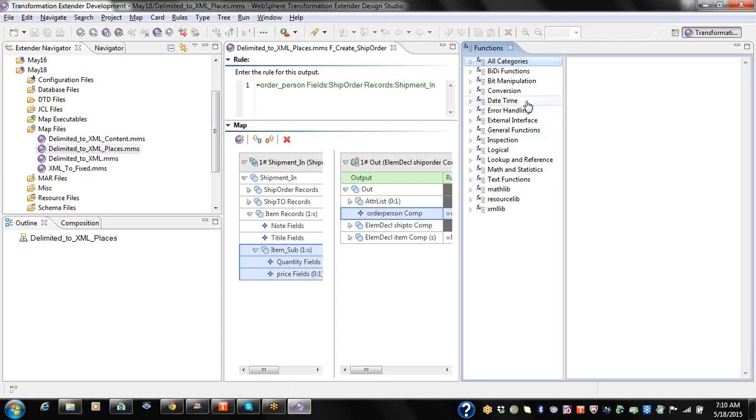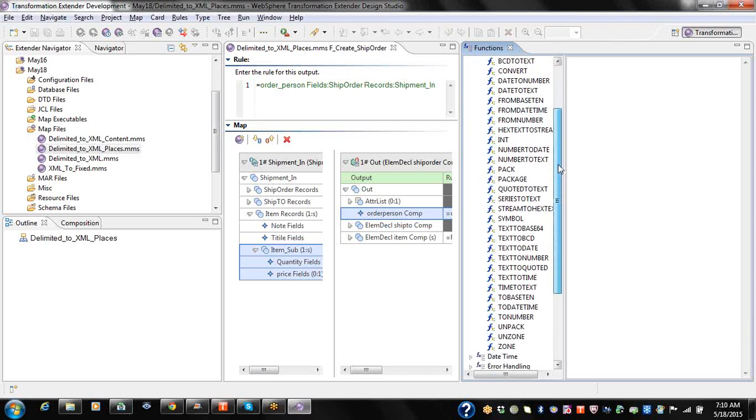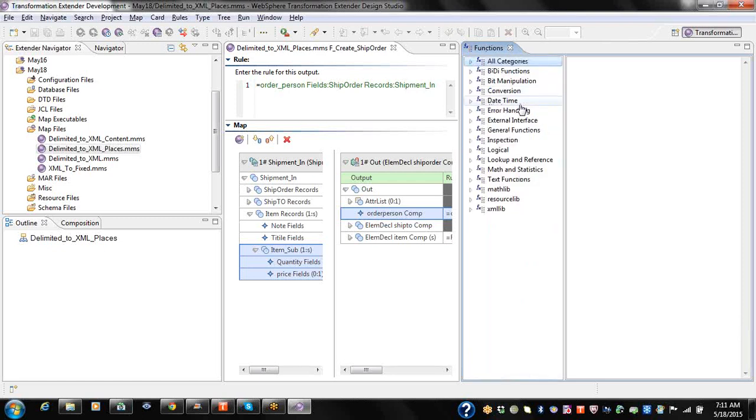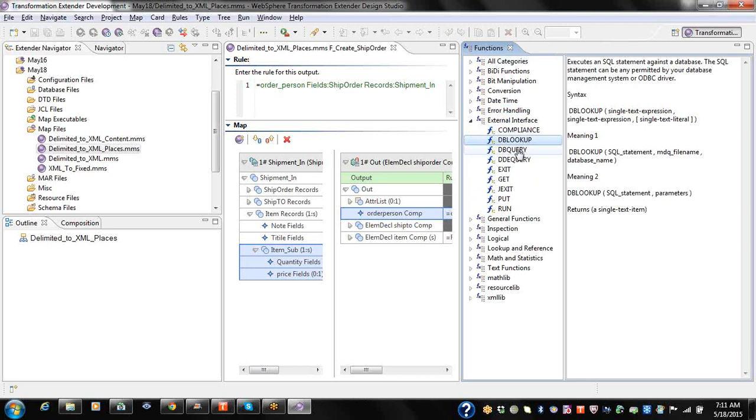So we have covered the conversion function already. Conversion, date and time, and error handling are covered. Next we will go for the external interface. For the external interface here, we mostly use DB lookup, DB query,